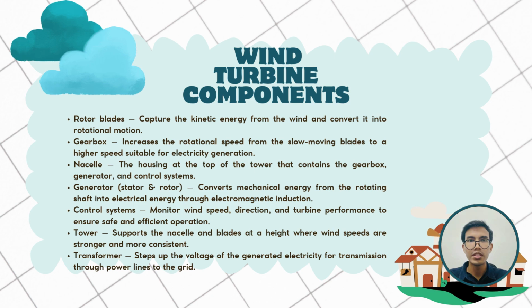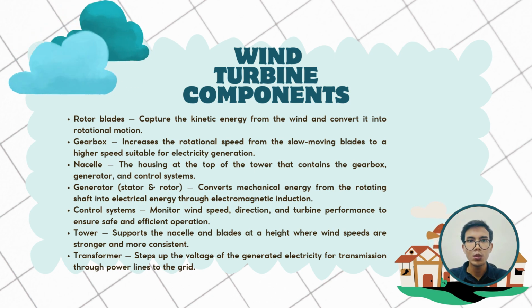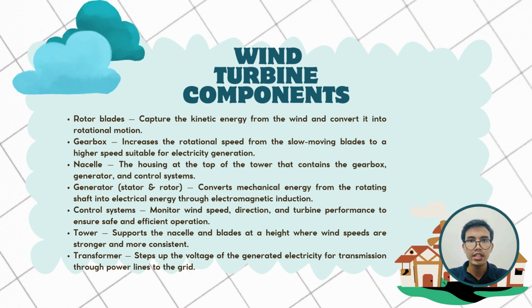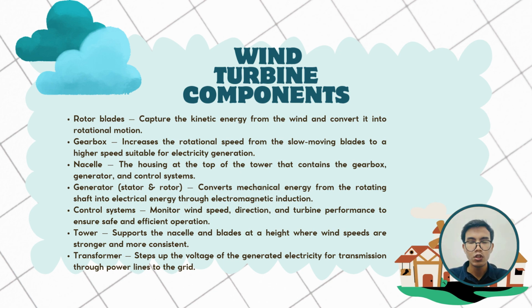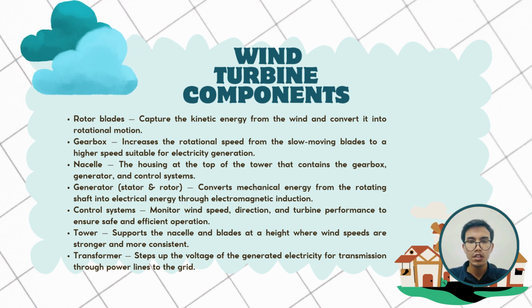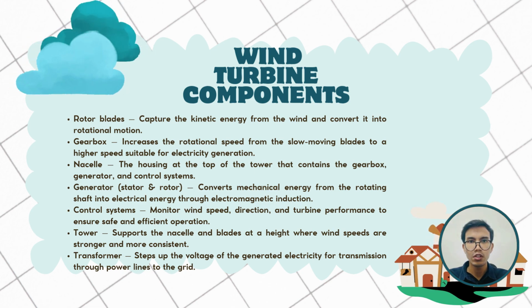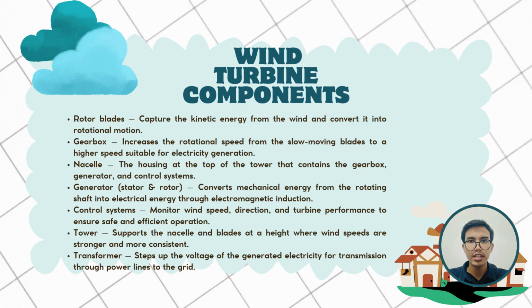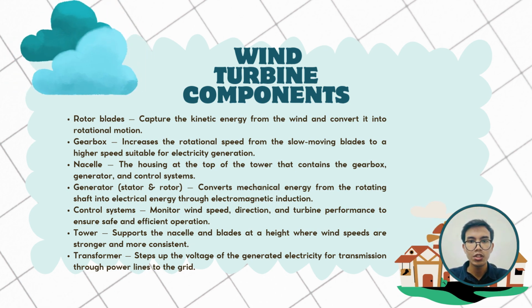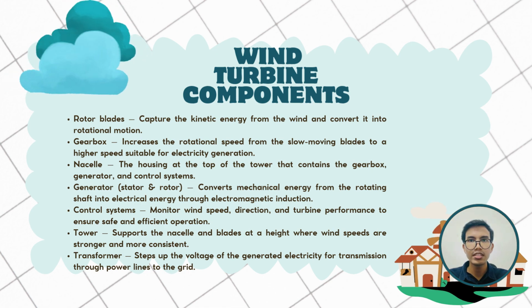Today I will be presenting the main components and the basic operating principle of a wind turbine. In total, there are 7 key components. First, we have the rotor blades, which function to capture the kinetic energy from the wind and convert it to rotational motion. Next is the gearbox. This component is responsible for increasing the rotational speed from the slow moving blades to a higher speed suitable for